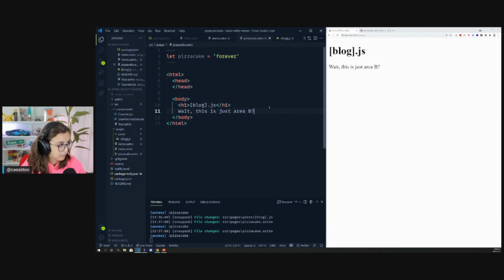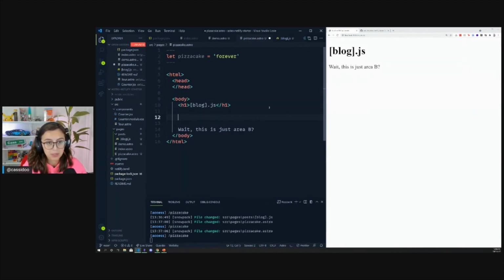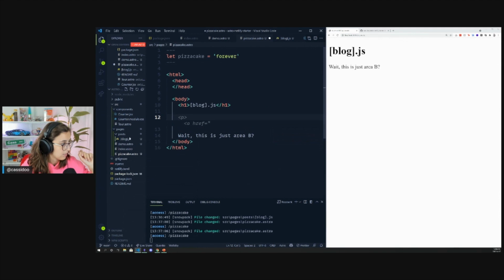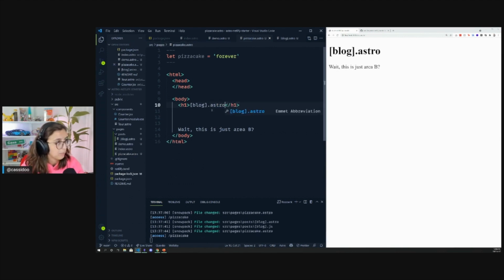And I'm just going to keep typing inside of this doc so that way you can see nice and clearly what I'm talking about. So with this blog.js, and actually, I'm going to cancel. It's going to be blog.astro. I think JS works, but I'm going to stick with the theme, blog.astro. It will just work. And so let's say that you have a dot /pages /posts and then this again,